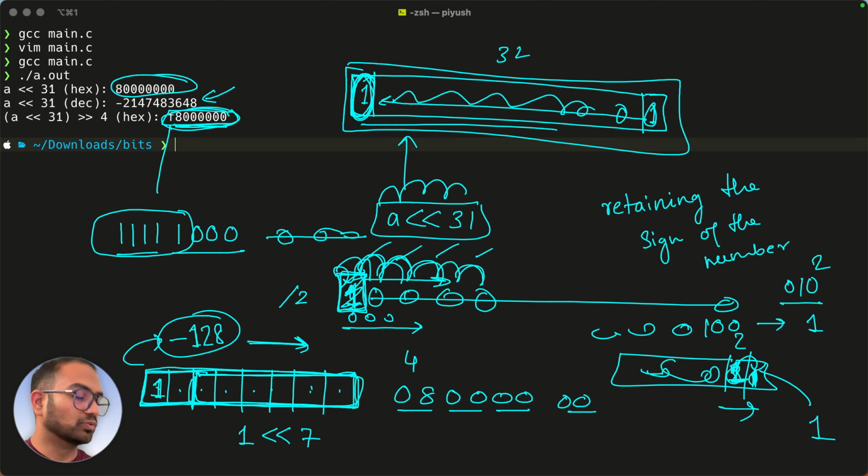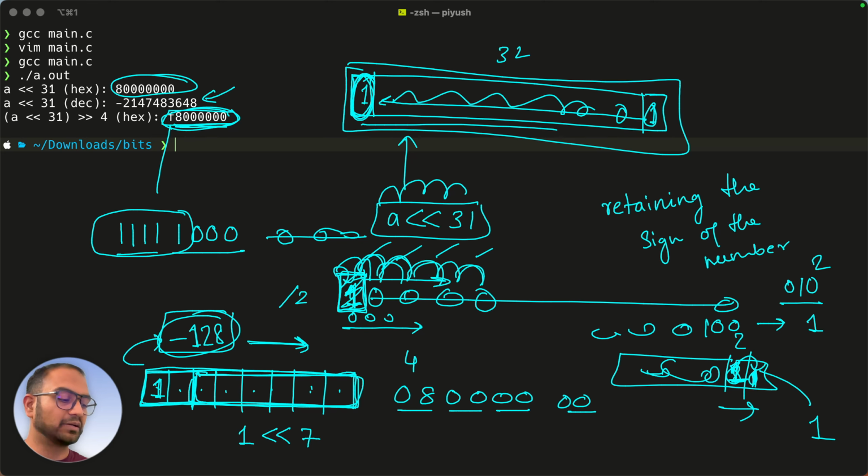And 1, 0 is 2. So if you move the bit pattern to the right by 1, you divide by 2. If you move it to the left, you multiply by 2. Okay, and that rationale or that reasoning is very important, because if I were to move a number which represents